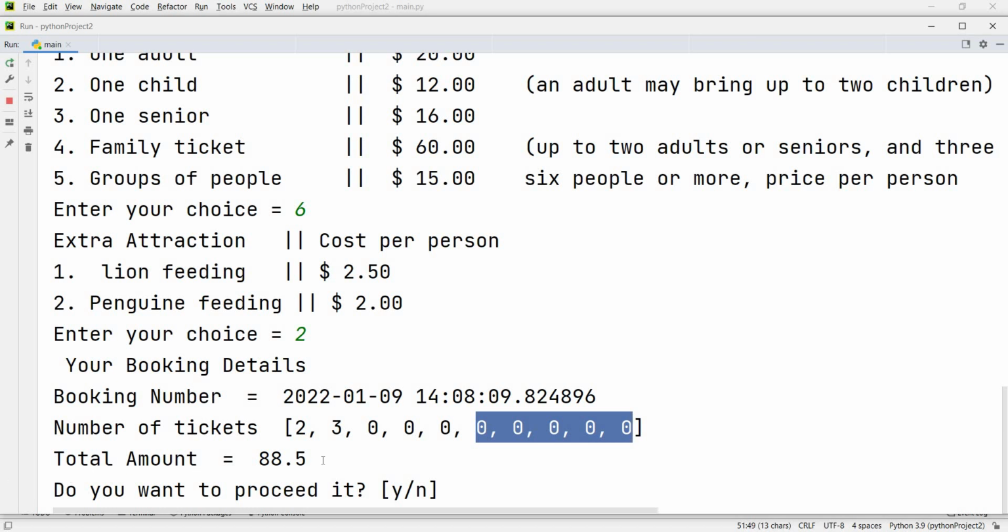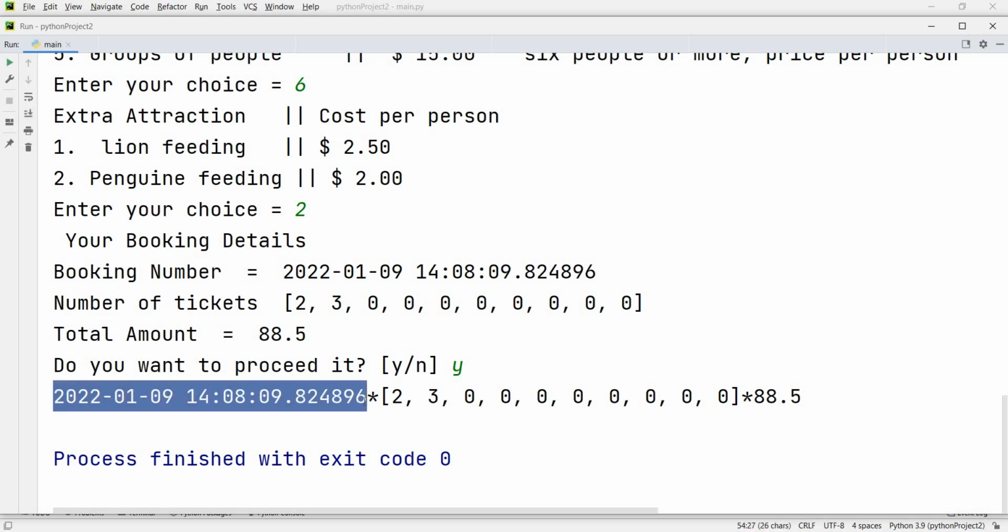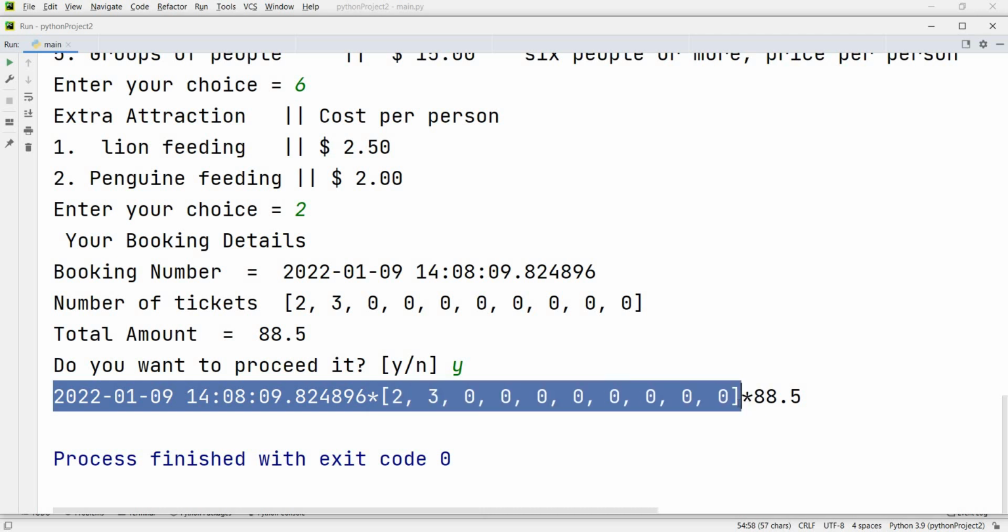Total amount 88.5. Do you want to proceed? If you say yes, then it will proceed, and if you press no, then it will move again. And this is one complete record.